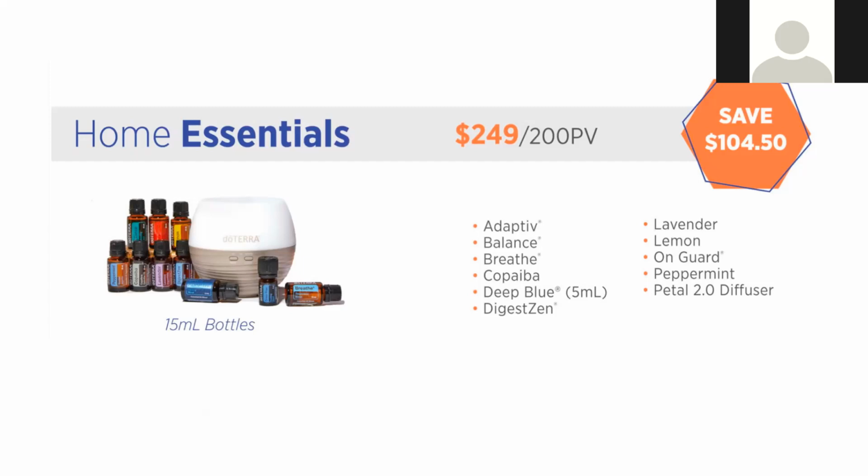Plus you'll get all the other oils that were mentioned today and on the screen. Balance is the only one I didn't mention. So that's just a really grounding blend full of tree oils, frankincense, lavender, blue tansy. It smells really nice. I love to mix it with Adaptive, and we call that liquid Xanax when you mix